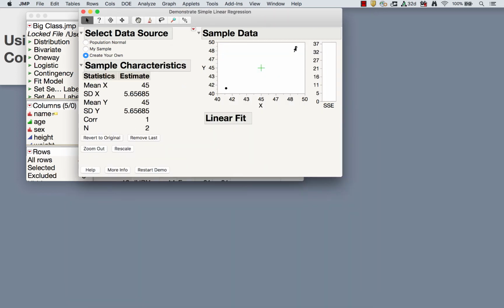So it gives me 2 points to begin with. If I click on one, I can drag it around, so I can make whatever shape I want to. Then I just click to add more points. If you've ever wanted to be able to create data sets just by drawing a picture and then seeing what those